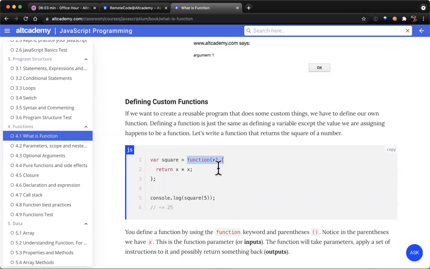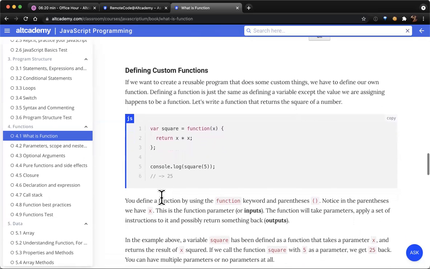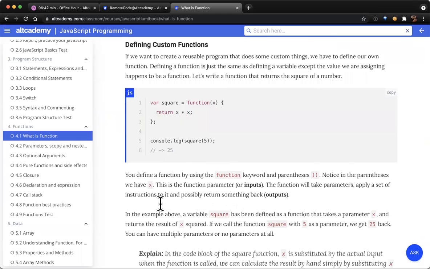For example, the goal of this function is to square the input. Whatever we get in, we call it x. We return, so we give out x times x. That's squaring x. So if we put in 5 and we execute the function with 5 as the input, you just imagine x being replaced with 5. So it will return 5 times 5, which is 25. So this is a simple square function.